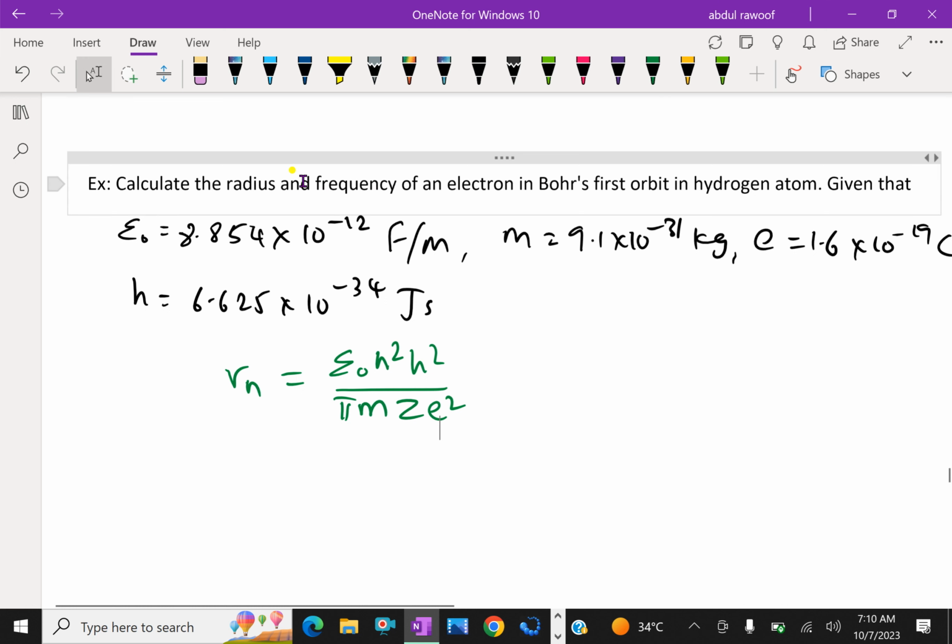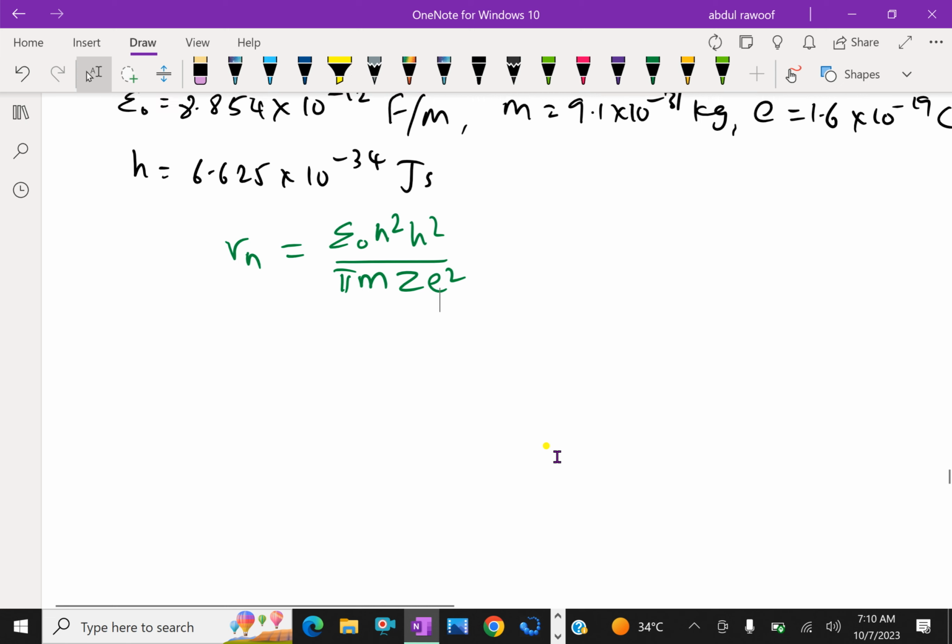By using this formula, we can find the radius of the nth orbit. Here first, now Rn, we can put first orbit R1, substitute n equal to 1, that is epsilon 0